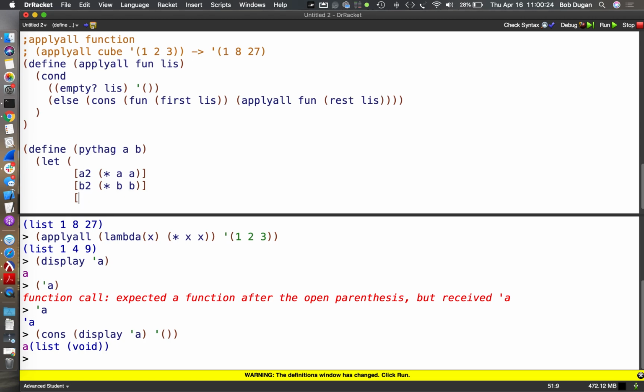Now, here's where things get a little weird. I can actually print out the values of A squared and B squared by using display. So here's how I'm going to do it. I'm going to create some variables. D0 is equal to display of, and I'm going to put in a string here. So the string is going to be A squared equals